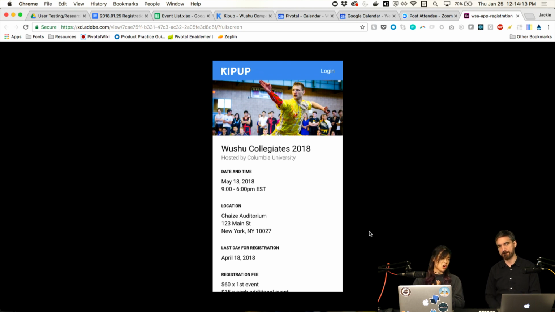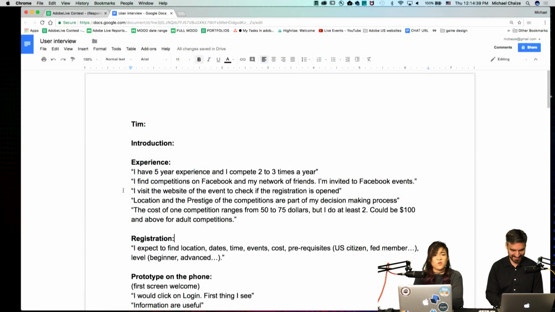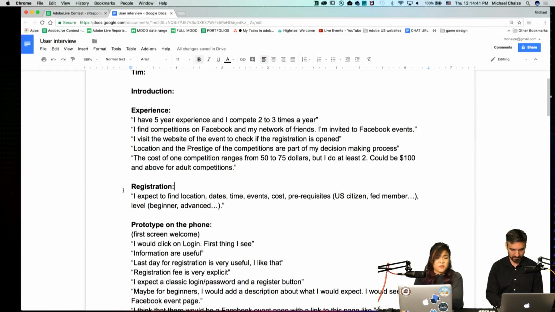Sometimes those action items are really specific. They're like, oh, this icon was wrong, let's change it to this. I might know exactly what I want to do, but sometimes they might be more open-ended, so they might be like, explore other ways to do the scroll list or event selection or something like that. So if we look at the notes that Michael just took, I'm trying to think what are some action items we want to create from here.